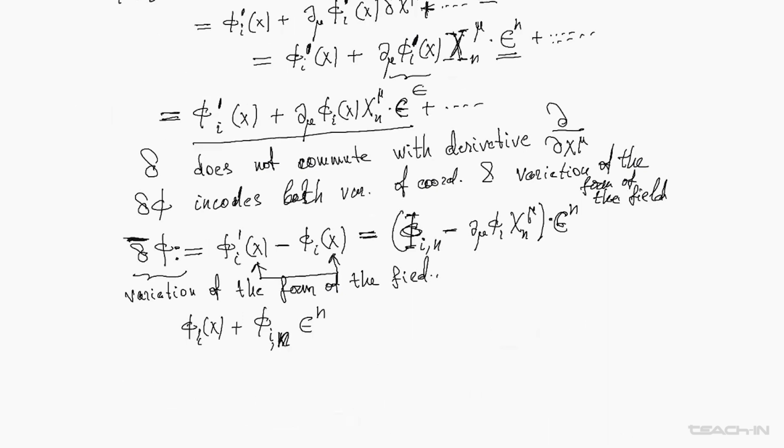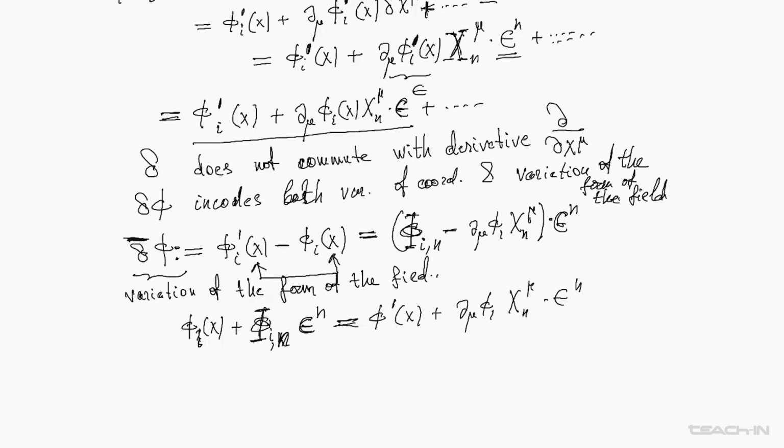And on the right-hand side, I get φ'(x) + ∂_μφ_i(x) δx^μ + ε_n, up to higher order terms, which I'm not interested in. Then this is an equation, and from here I see that I can compute the variation of the form